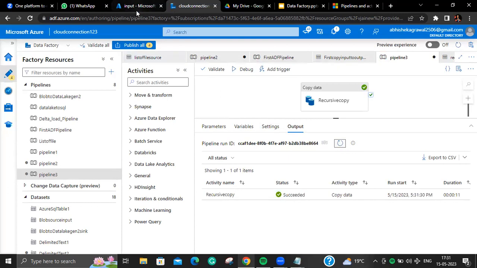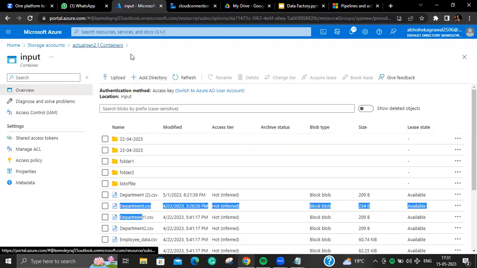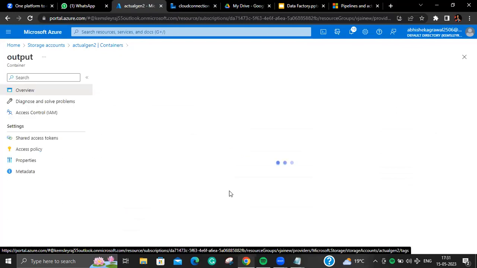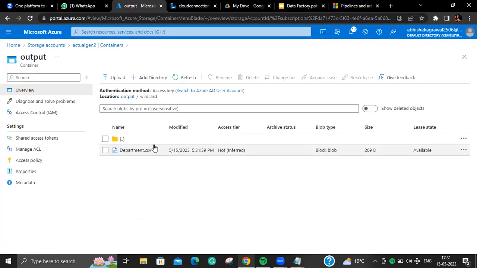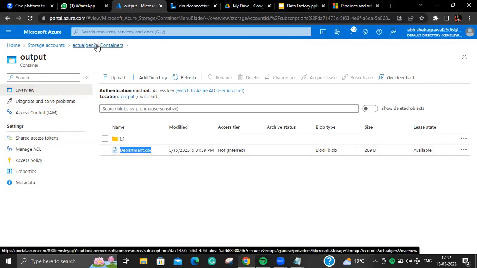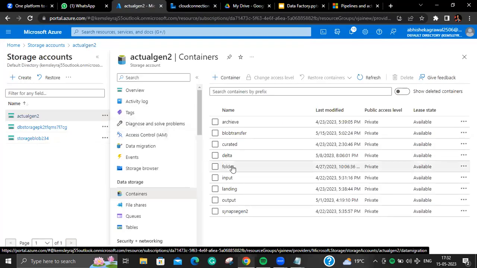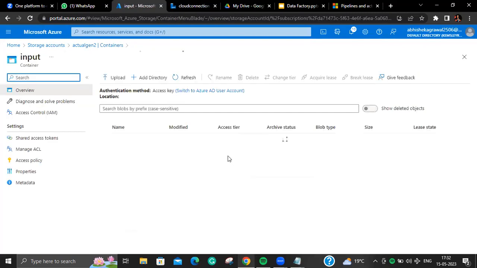Done. Now if I go to the output container, then wildcard, why is only department 1 there? Department 2, department 3 should also be there. So let's try to analyze. If I go to input,